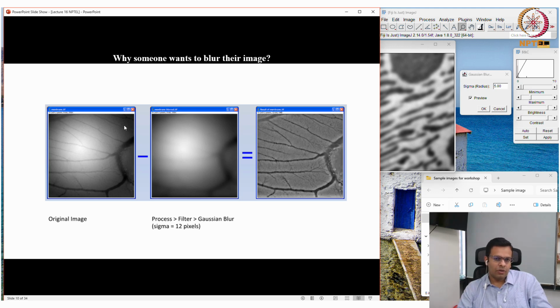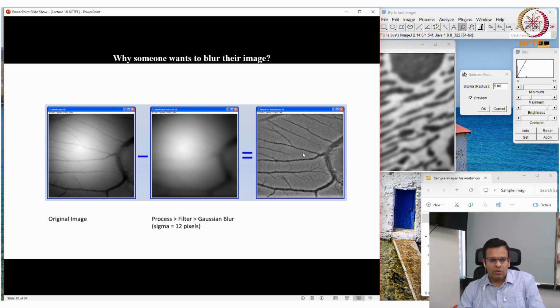Now if you ask the software to automatically segment the veins or the arteries in this image, it will not do a good job because of the uneven background. So what you can do is blur this image. After blurring, you will see only this halo of light. Then there is an image calculator in ImageJ by which you can subtract this image from the original to get an image like this. Here you can see the even illumination.